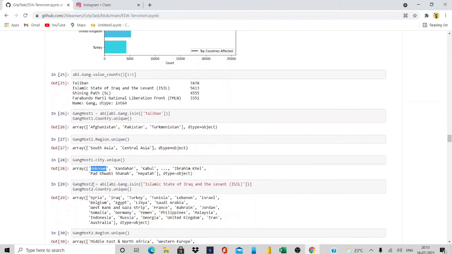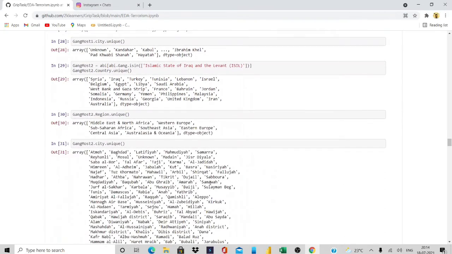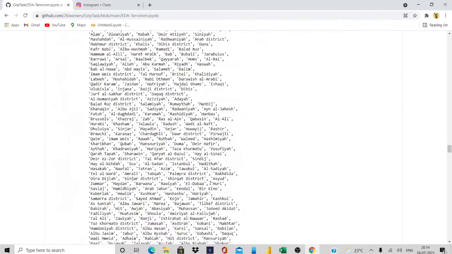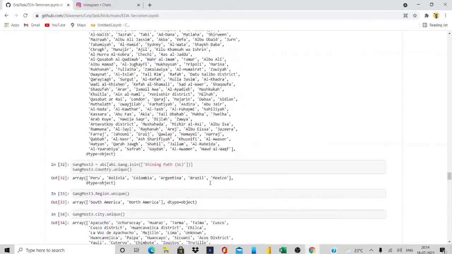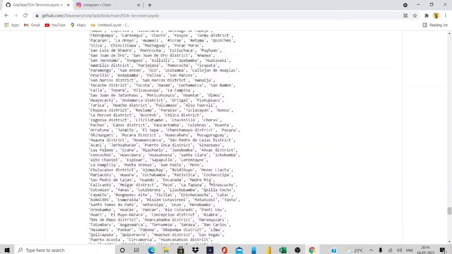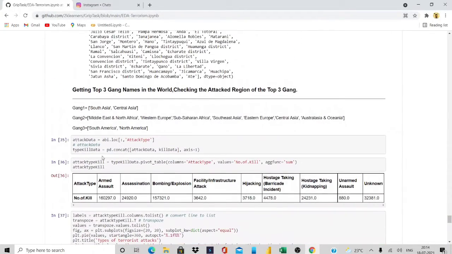Then we have calculated for gang most two, Islamic State of Iraq and the Levant. Likewise, we have calculated for the top three gang most attacks, getting the top three gang names in the world and checking the attacked region of the top three gangs.